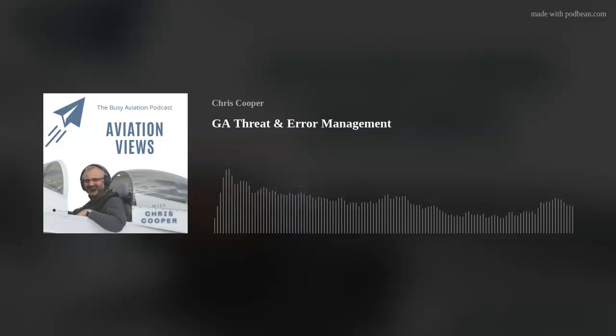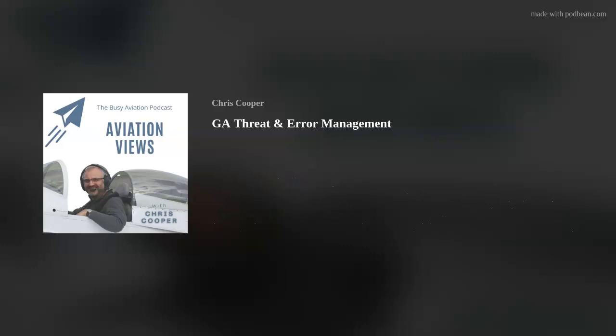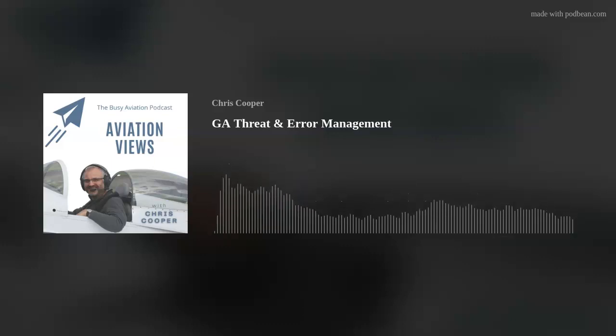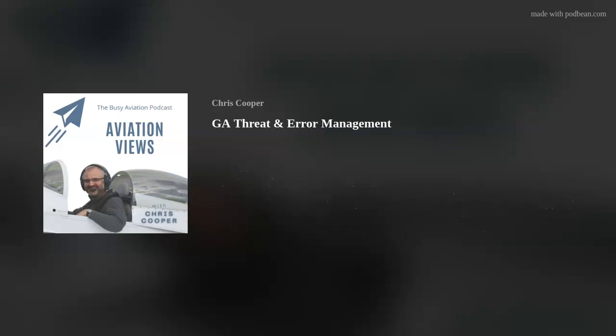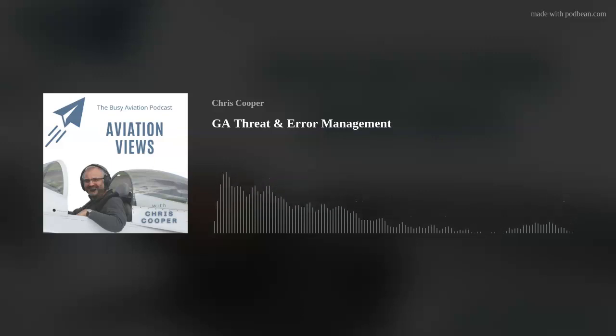However, it wasn't as comfortable as it should have been, but I knew that they did not like live side joins. However, an overhead join wasn't possible. So I just got on the radio early to Beverley Radio, and he confirmed that there was no one in the circuit. And I said, fair enough, I'm just going to join left base from the live side. Are you happy with that? And he said, not a problem at all.